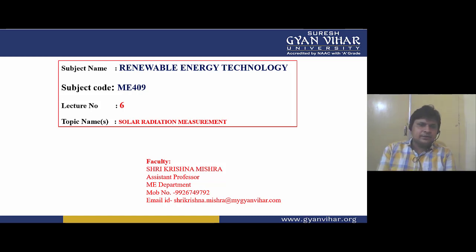Since we have started the topic of solar energy, I have taught you about the basics of solar energy, like the types of radiation: global radiation, direct radiation, and diffuse radiation. Then we discussed why solar energy is important, its advantages, how we can harness it, and the two ways of harnessing it. But we should also have knowledge of the instruments used for the measurement of solar radiation. So we are going to discuss those measuring instruments.